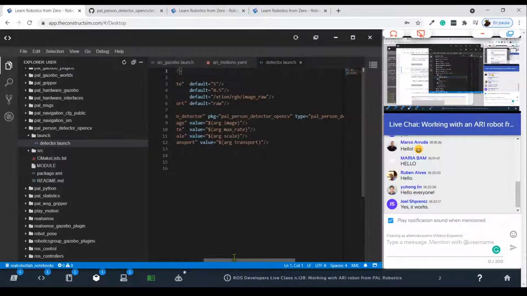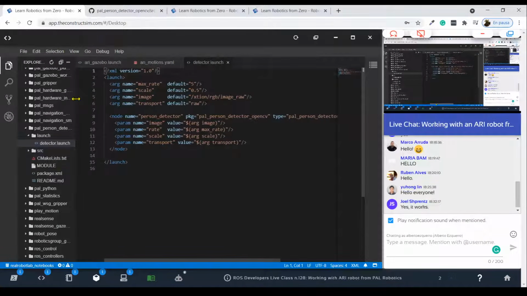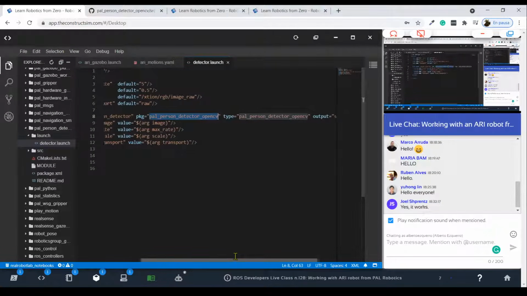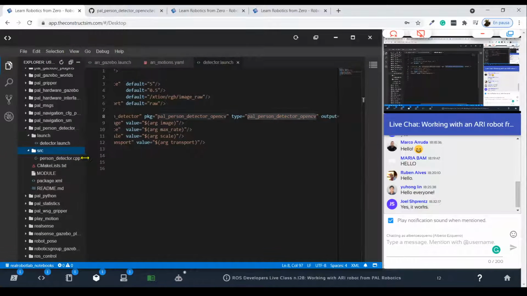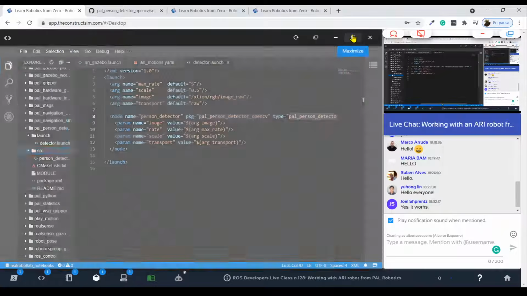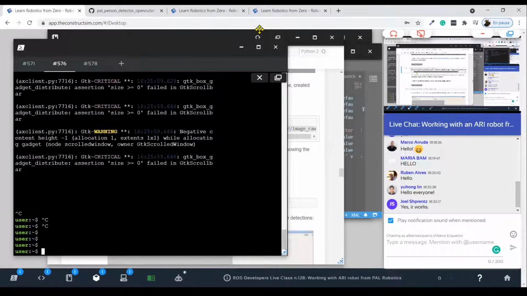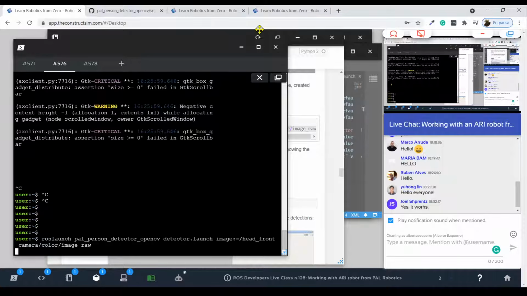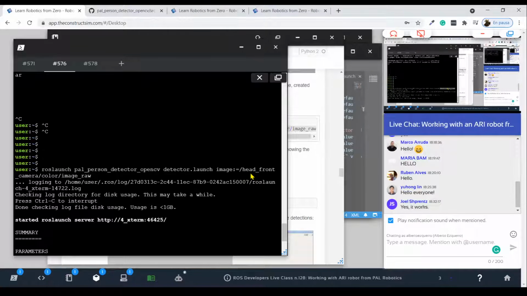So you can see, basically what this is doing is to run, from the PAL person detector OpenCV package, this PAL person detector OpenCV script, which basically is the script that we have here. And we are setting here some topics, etc. So let's run this command here. Let me run it right here. We are specifying here the image parameter, which basically contains the topic name